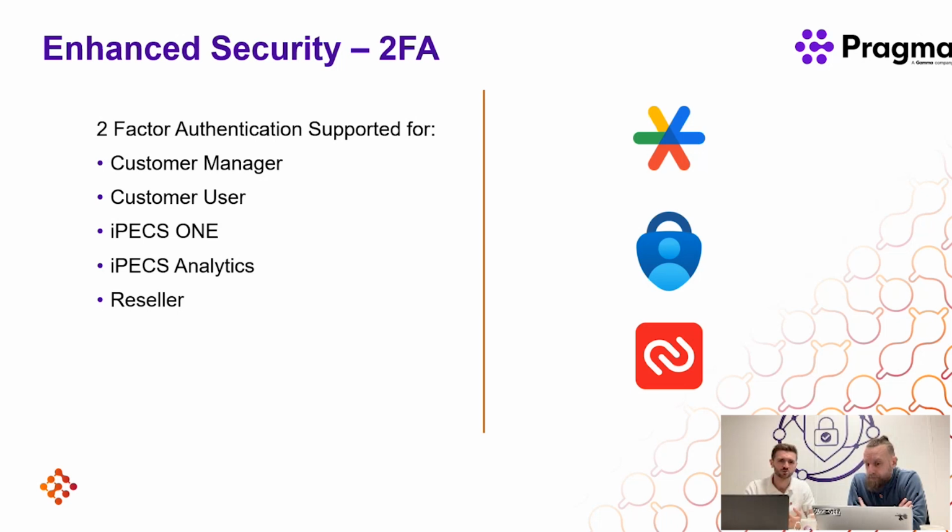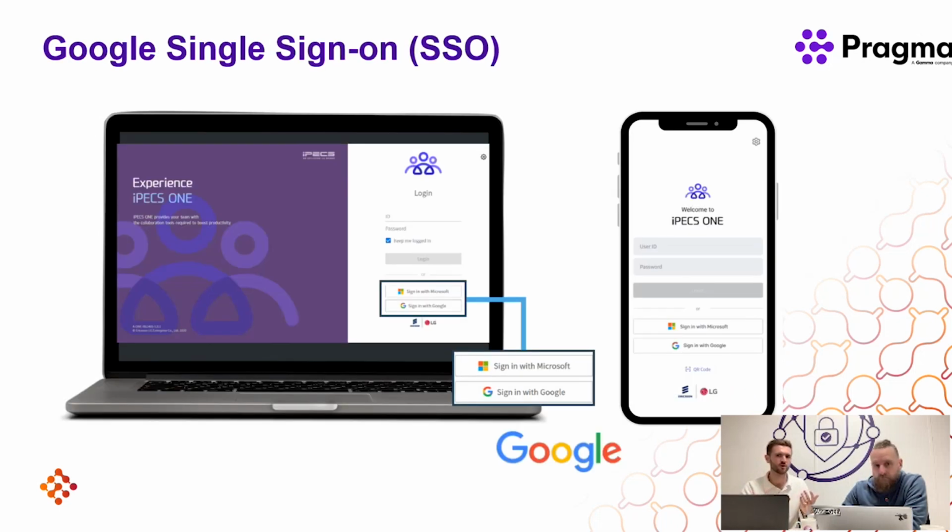And just to touch on that before we skip on, the big thing that sticks out with the security piece from our perspective is really simplifying it for the user. We've currently got it on the platform from a Microsoft stage and we'll skip on now to a Google environment, but it's giving users that choice, isn't it? So rather than coming in and logging in with the iPECS 1 credentials, we've now got a choice between Microsoft and Google. So it aligns with what users and customers would expect, isn't it?